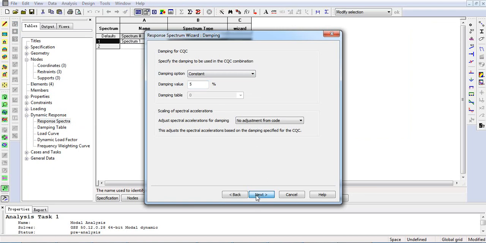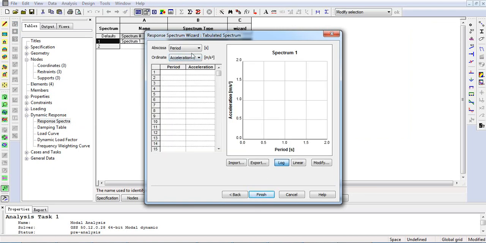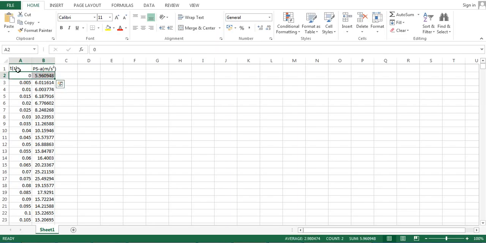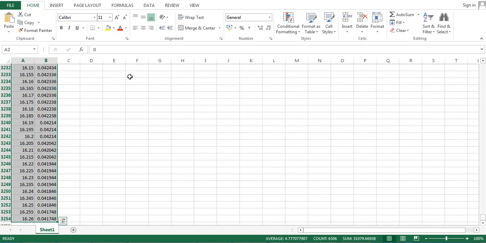Click on next. Then beware of the unit here. Period is second and the acceleration is meter per square second. So let's copy the results here. Beware of the unit, they are right. So copy it